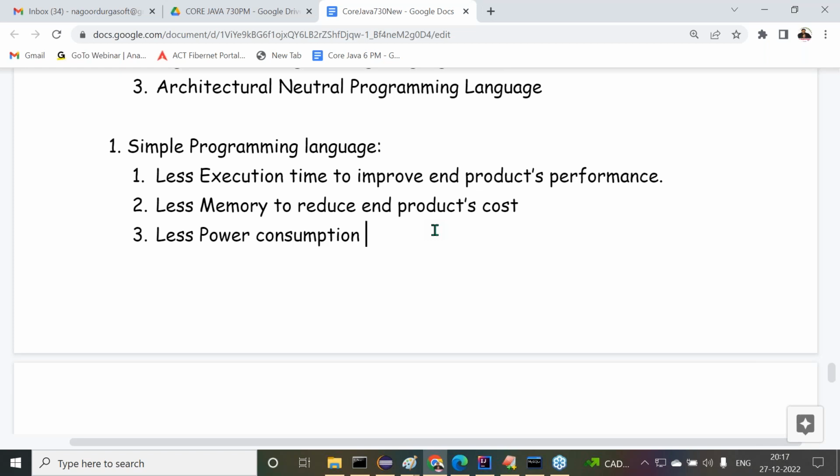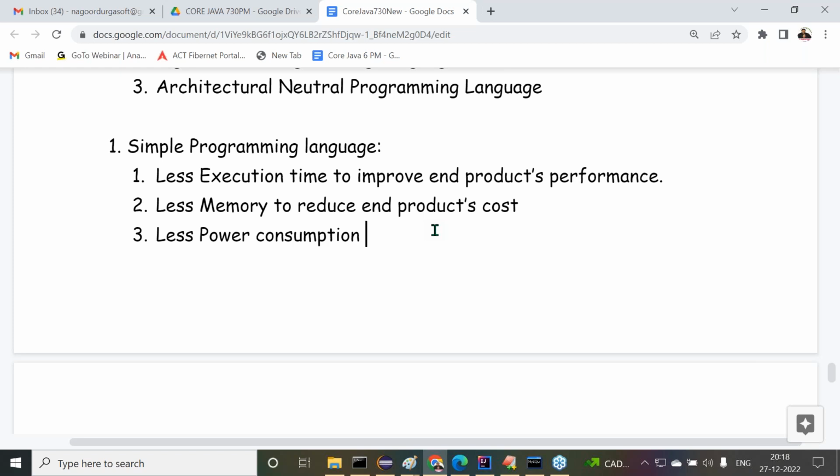Automatically my end product maintenance cost will be increased, or not? Previously every 6 months 100 rupees, no? Now every 3 months 100 rupees I have to put. Got it or not? Whenever maintenance cost is increased, customers will not be attracted to it. When maintenance cost is increased, customers will not be attracted to our product.